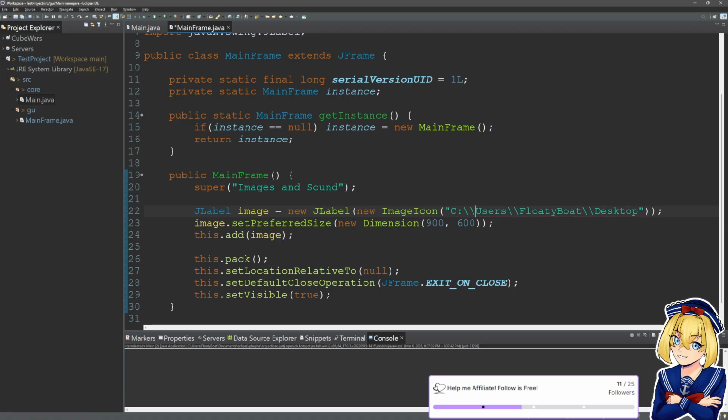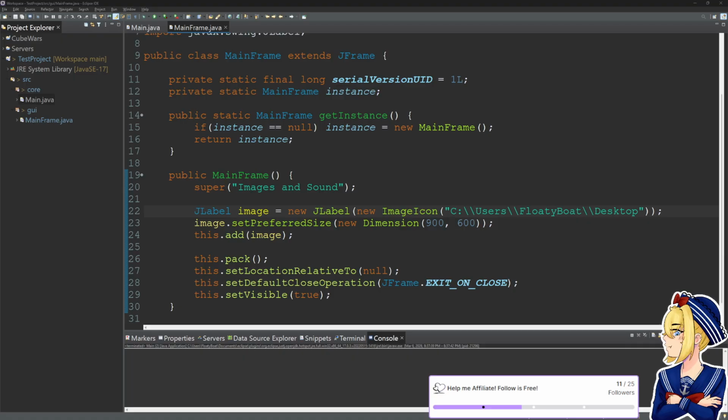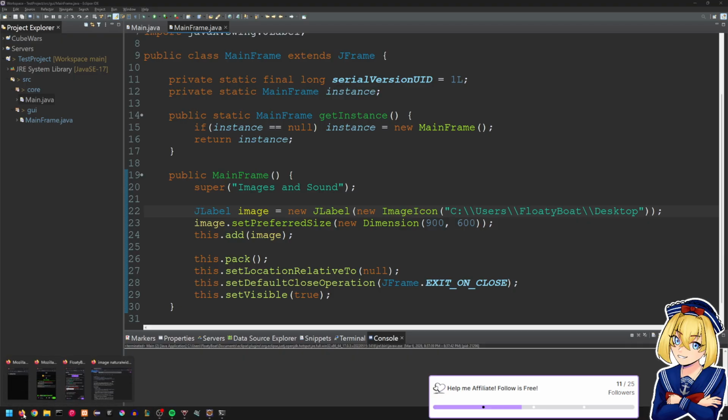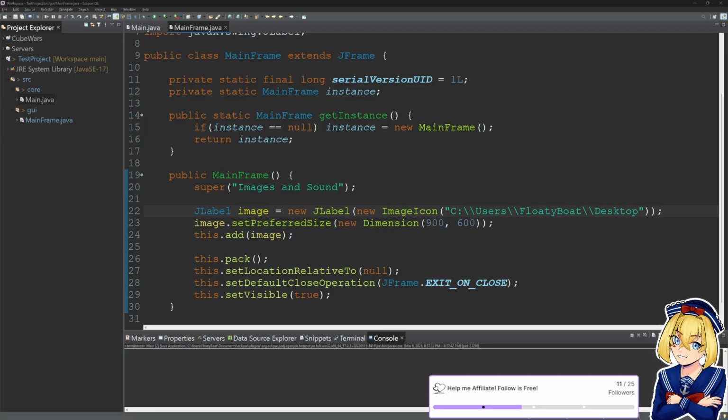We do need the backslashes. Let me see if I can figure out what I'm doing wrong here. Display image in JLabel Java. It's a new ImageIcon. Okay. Yeah. It's telling me exactly the same thing that I did.